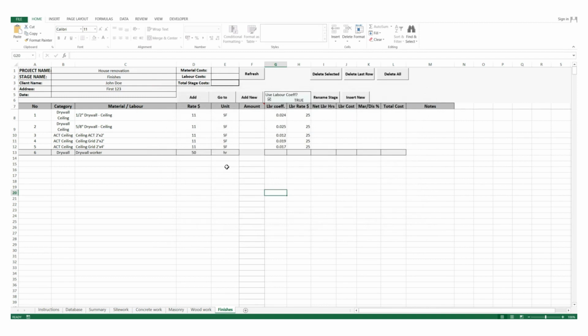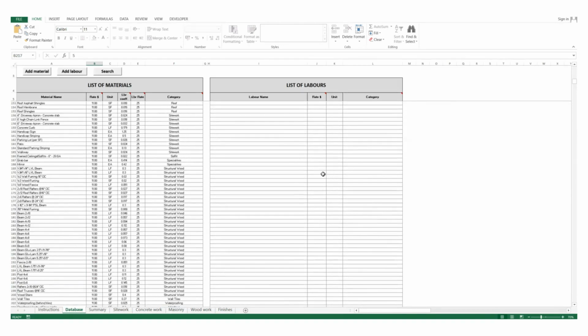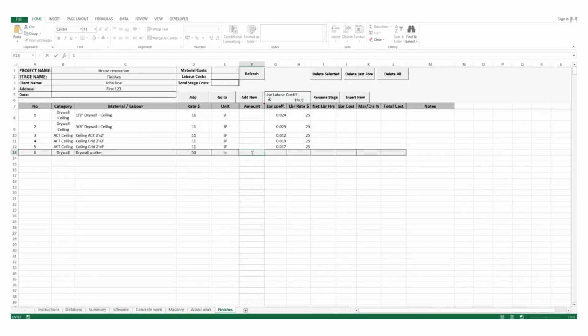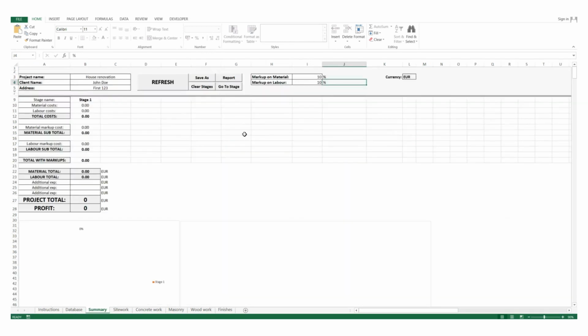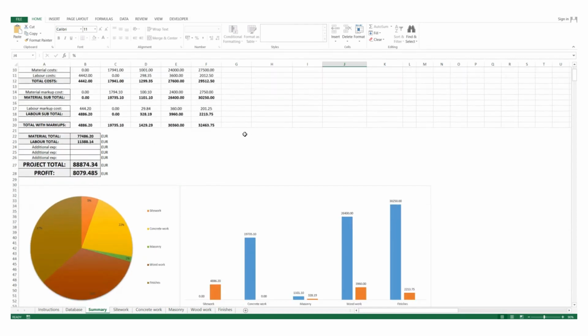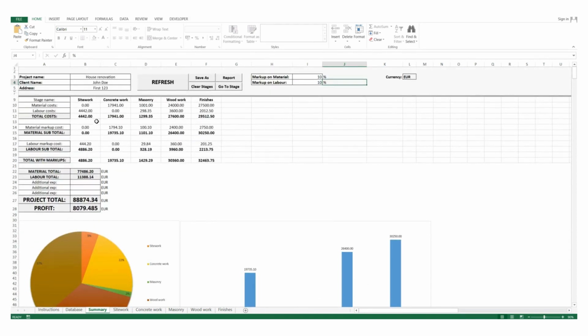So you can see that the items added from the labor list are appearing in the gray color, and here in database we can see here in the labor list that it's added drywall worker that we added from the previous window. Let's say two workdays 16, and let's just use it like this. Refresh, and okay. Now press go to button to go to the summary sheet, and here we need to press refresh button in order to get our cost for each phase, which we can see here, detailed for each phase,